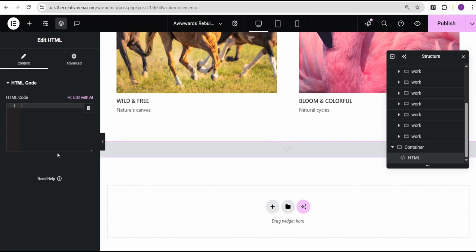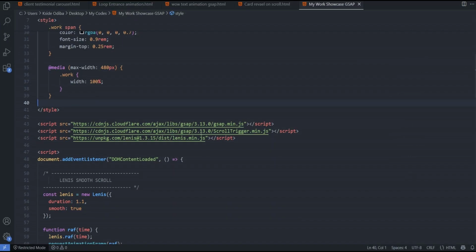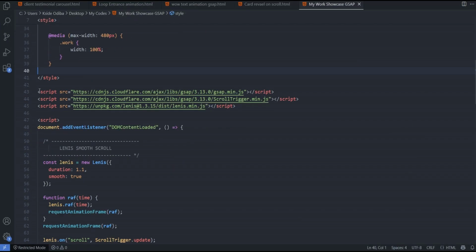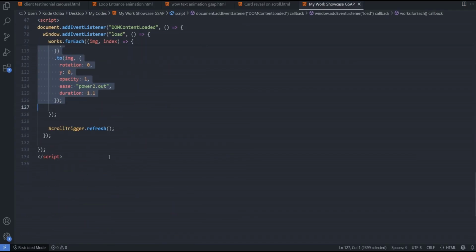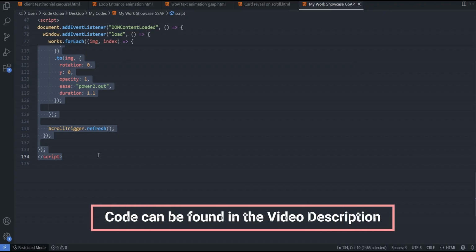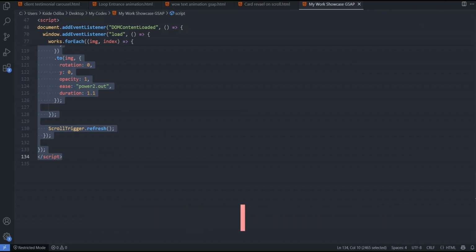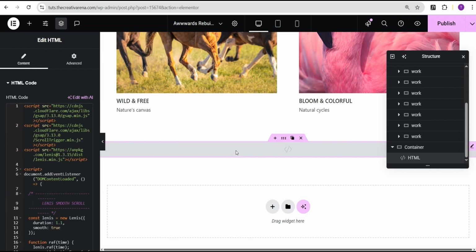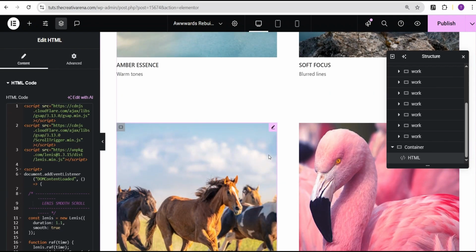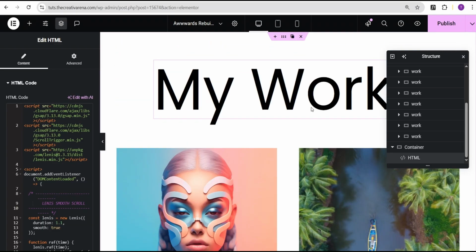All right. So now I'm going to head back to my code editor, and I'm going to copy out this code here. So you can see here, I'm just going to copy out the code. This code will be made available for you in the description of this video so you can use it. I'm just going to paste it here. All right. So now you can see here that nothing really has happened. Okay. However, when we come over here and publish this,